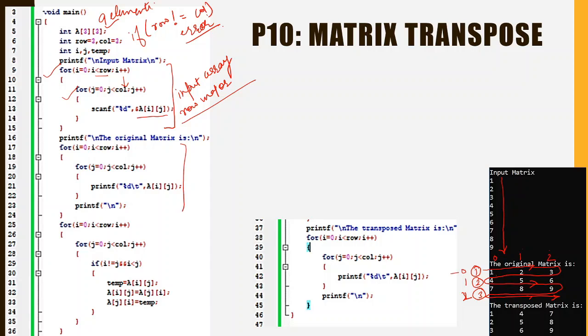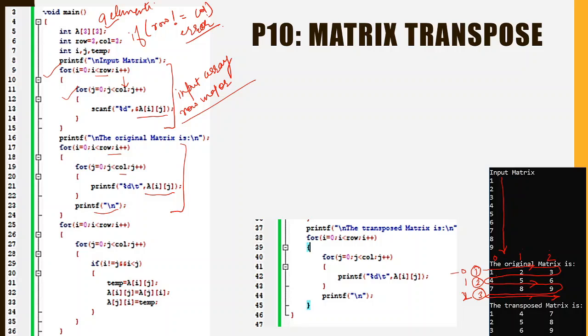So the input matrix is taken here. Now this input matrix is printed with the help of the same syntax, that is Aij is printed, and we have printed it in the row major form. And after every row, we have used a new line operator to change the row. Okay, now